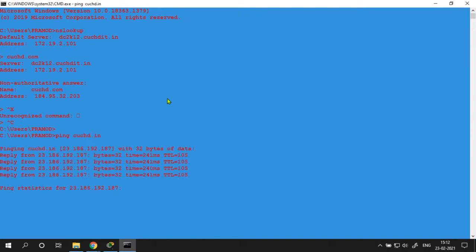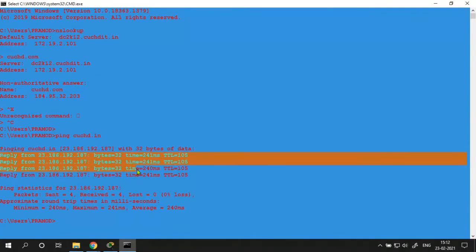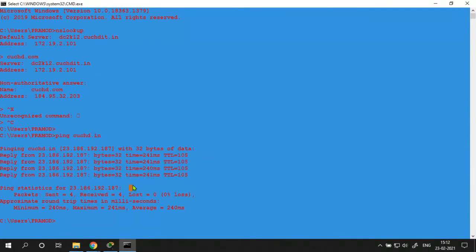Yeah, this site is reachable. The 4 packets are sent from my machine and 4 are received; these are the statistics for this IP address, pinging CUCSD. And you can see the IP address, right?